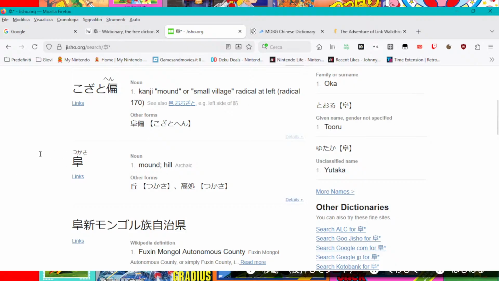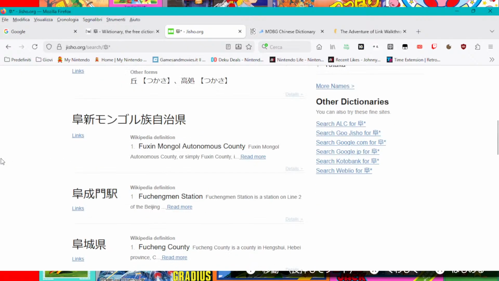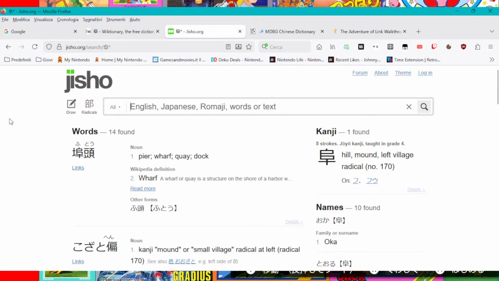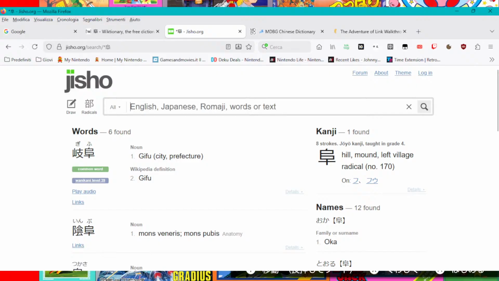Yeah, technically there's also this reading Tsukasa, but yeah, an archaic reading. Again, no common words, as you can see. If I search it with it at the end, and yeah, actually there I think we'll see,